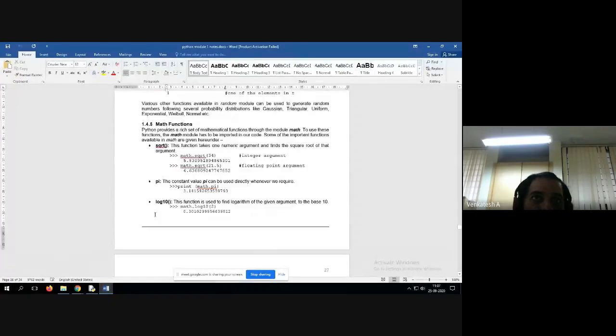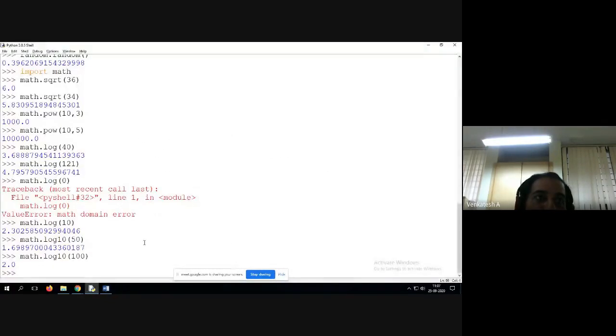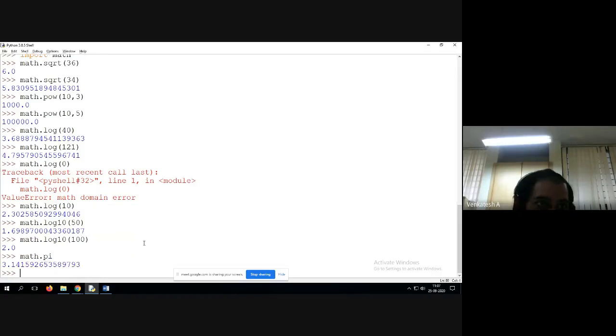In those notes, there are math functions. So there is the pi function, math.pi. You know what the pi value is, right? 3.142 or 3.141. So many digits will come. You can see here 3.141. After that we have 5.